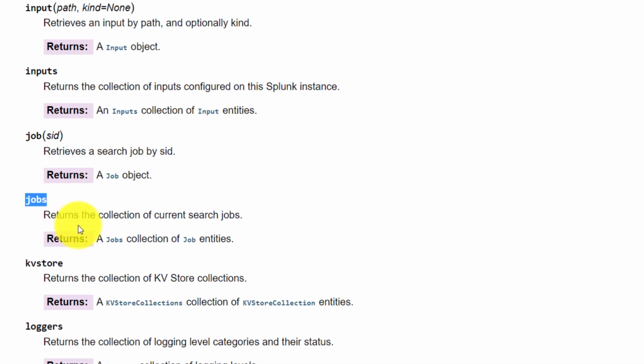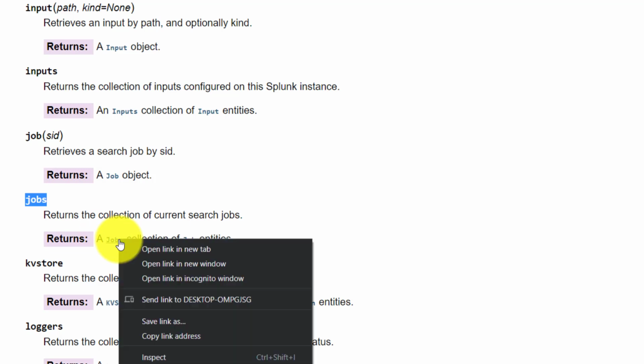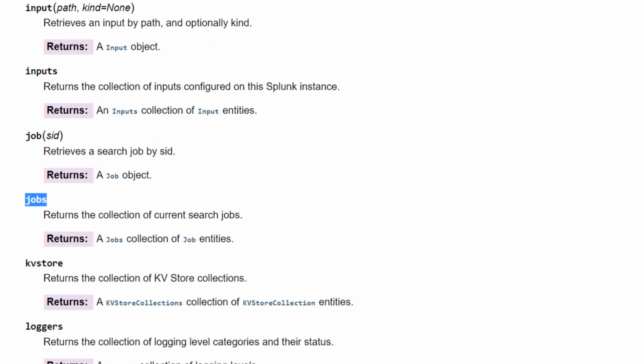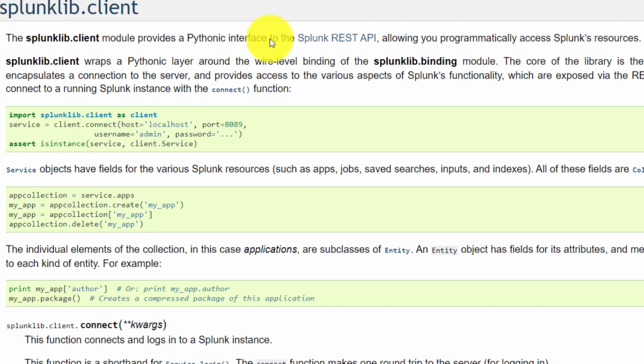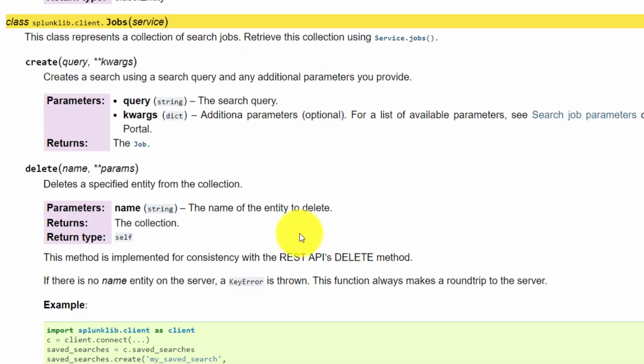It returns the collection of the current search jobs for a particular user. If I go inside this job class, there is a create method, which takes a query string. This is basically nothing but the search string